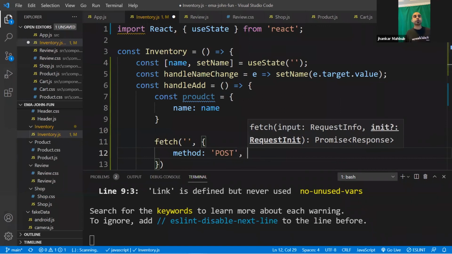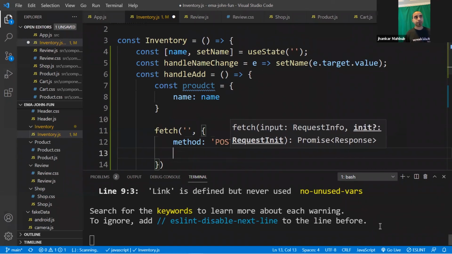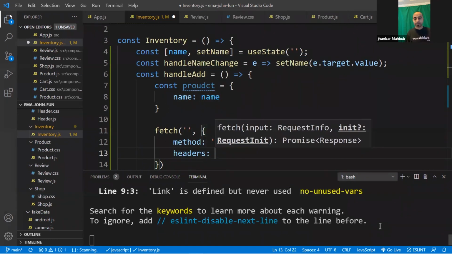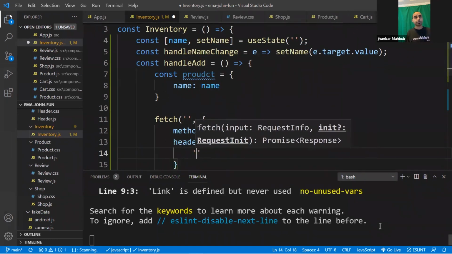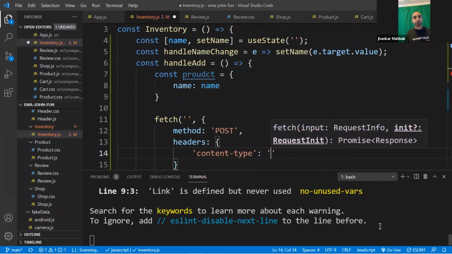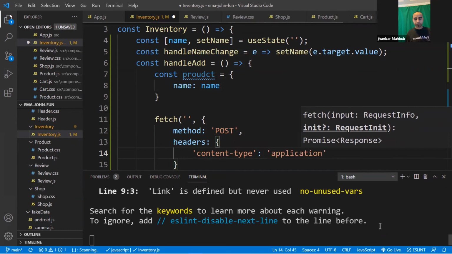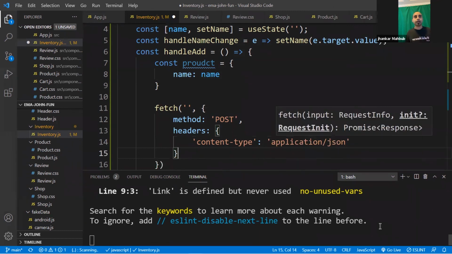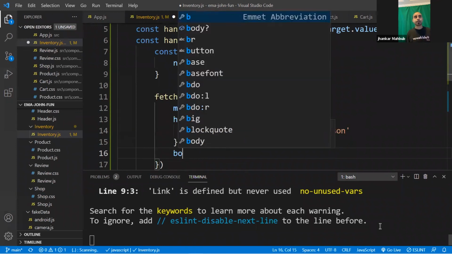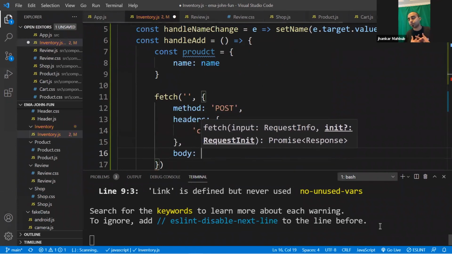And then you need to do a little extra stuff. You need to tell it some headers, and at least you need to mention the content type, what type of content you want to pass, and that would be application/json. After that, whenever you are sending data, you need to send the body of this request, and it will contain some information.